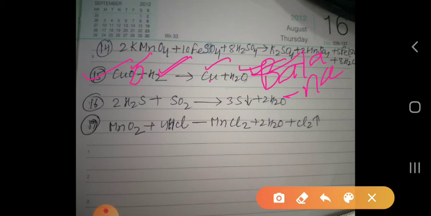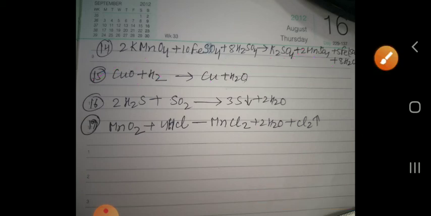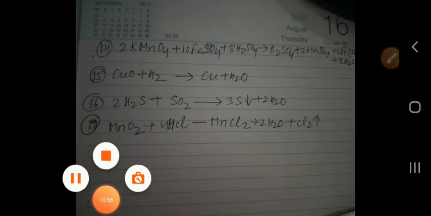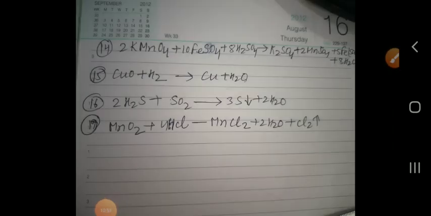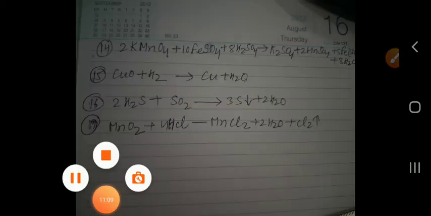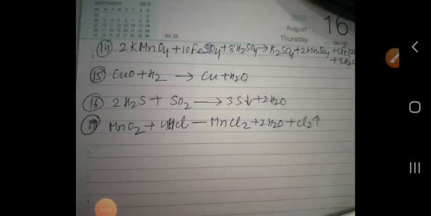So I hope I have tried my level best to make you understand, and I hope you have understood nicely. All these equations you have to write 5 times in your rough book and practice nicely, and 1 time you write in the assignment book, children. So thank you. I am sending you a PDF of the balanced questions as well as the revision, so you can do it.